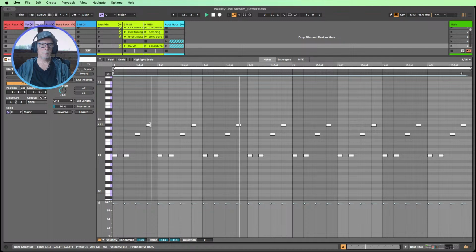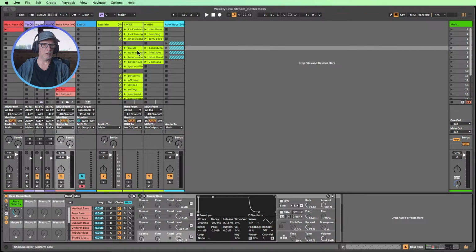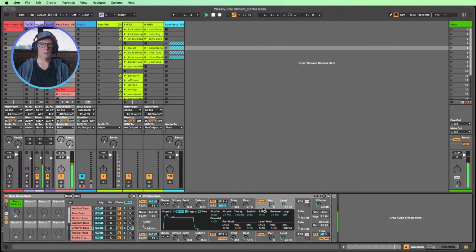Huge difference. I like it really plucky. Now this will depend on whatever synth sound you're using, because effectively we're changing when the note plays and what happens when the note triggers the synth. So whichever synth patch we're using at the moment, it's this one. This amp envelope is playing together with those notes.